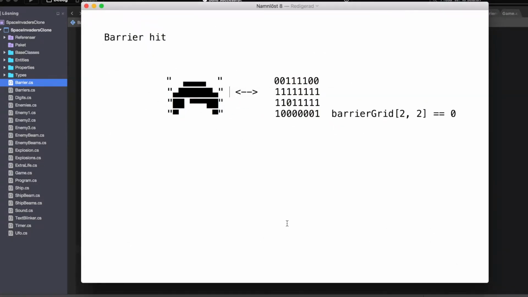So if a barrier is hit, as we can see here, we just set that coordinate in the barrier grid, the 0 over here. Oh, the 1 that was there, we set to 0 instead by setting barrierGrid to equal 0. Now let's prepare the barrier class for this with this